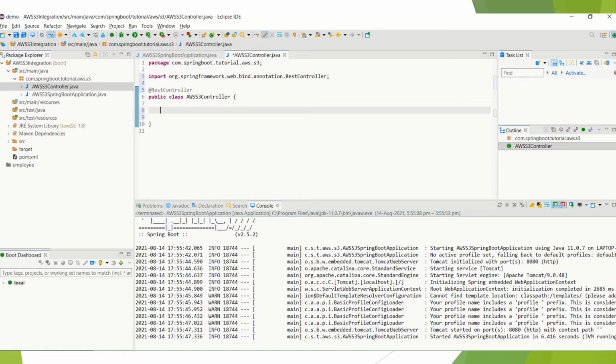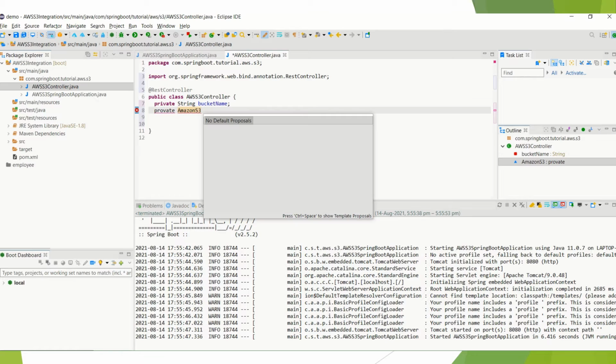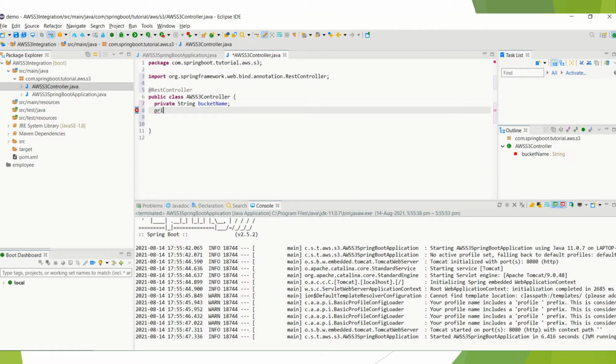So first we have to take one bucket, public string, let's say bucket name. Okay, I'm taking the bucket name first, then we have to take the client, private Amazon S3 client, sorry, private Amazon S3, okay.